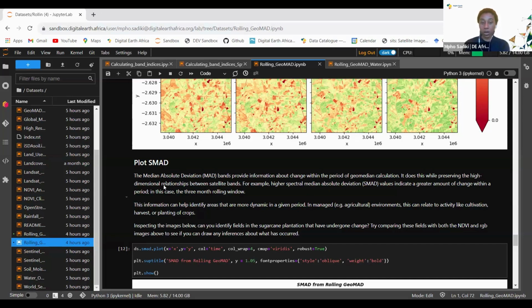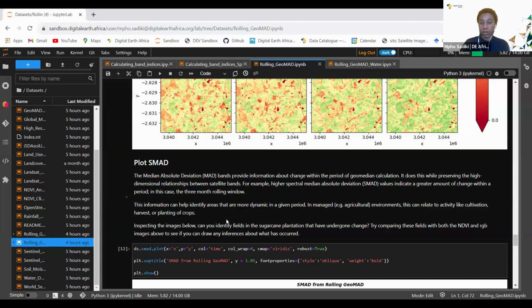And this information can help you identify areas that are more dynamic in a given period. For instance, if you're looking at agricultural areas, so it can show you activities that relate to cultivation, harvest, and